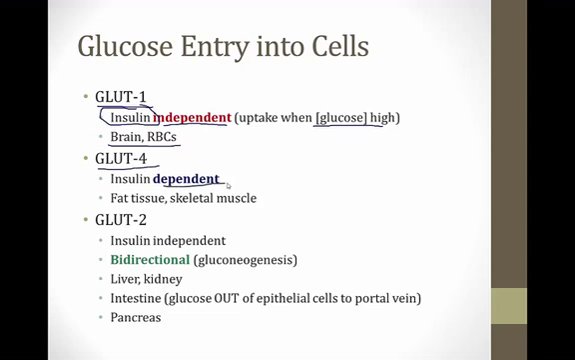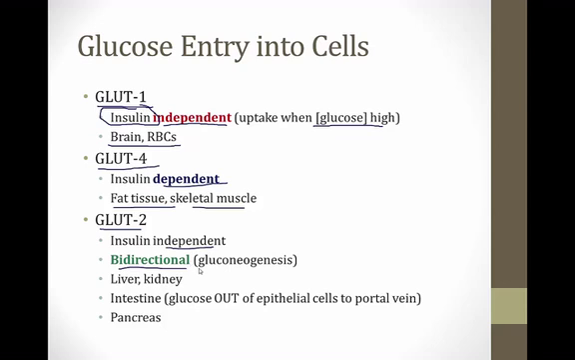GLUT4 is an insulin-dependent transporter, so you will find this in fat tissue and skeletal muscle, and these types of tissues and organs want to take up glucose only when insulin levels are high and then store it as either fat or as glycogen. The GLUT2 transporter is also insulin independent, but it is bidirectional, and this means that it can transport glucose out of cells